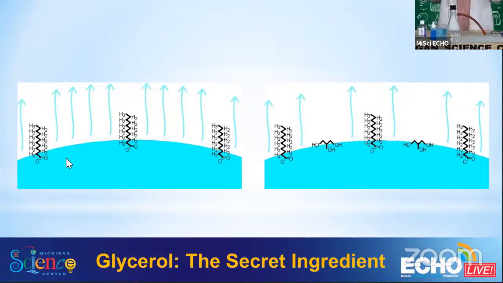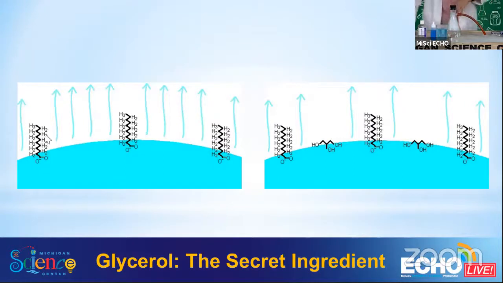It's actually that the water on the surface of the bubble starts to evaporate. So if we look at the image on the left, the bubble solution that's made of just water and soap, you can see that there is lots of space left between those soap molecules for the water to evaporate. Look at the number of arrows. Look at all of that space that allows the water to evaporate, to change forms, which would cause the bubble